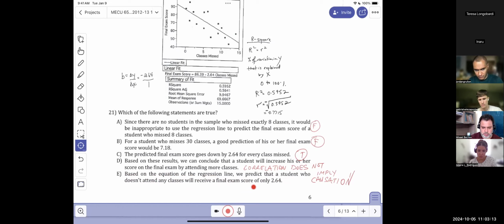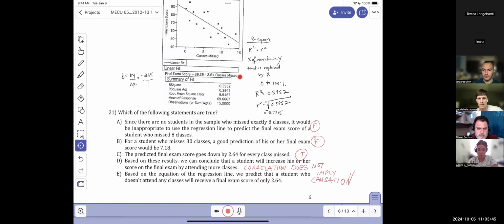will receive a final exam score of only 2.64. Aha. So this is an interpretation of nothing. A student who doesn't attend any classes. So they're just misinterpreting. If a student doesn't attend any classes, you'd have to know the number of classes total. So maybe